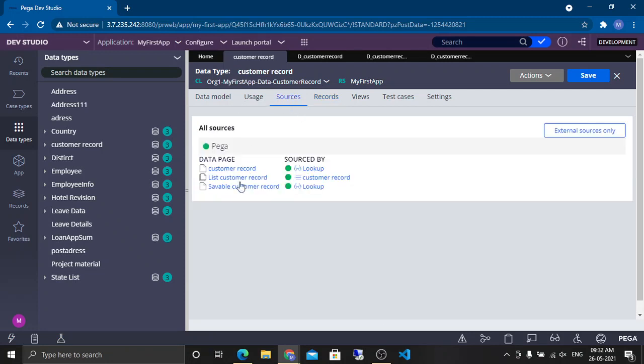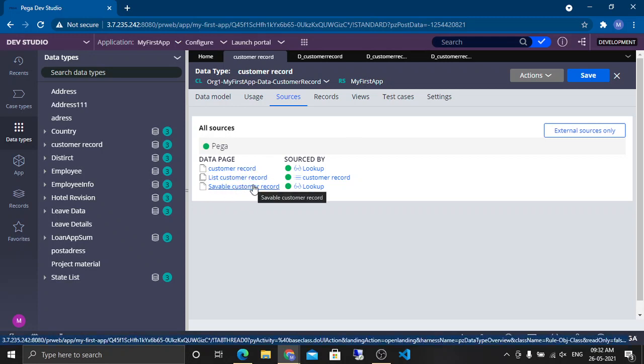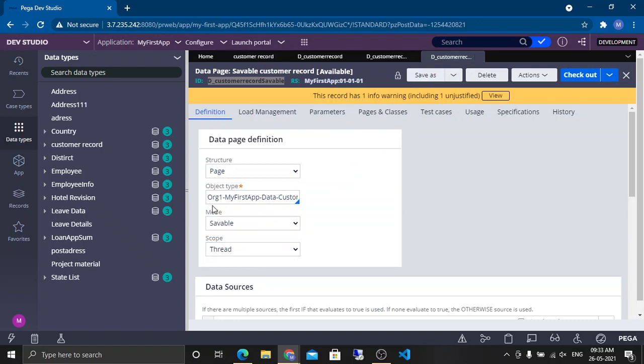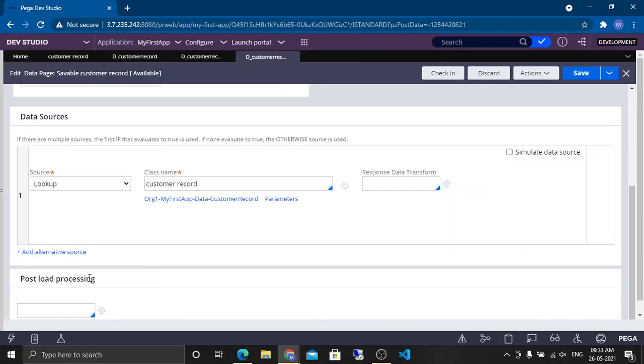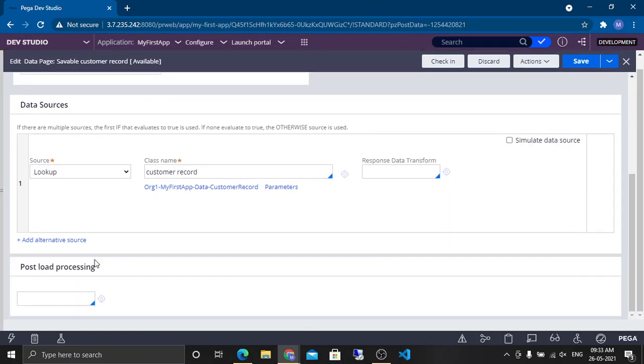By default, Pega gives us some data pages to be used with this data model to get the data. These two we already discussed, single page and list page. Today we are discussing savable. There is a difference between these two and this, because these are just for retrieving purposes. This can commit back also. This configuration is the mode, savable. If I change this, the save options will not even be there. You see, data source, post activity, and the form ends here.